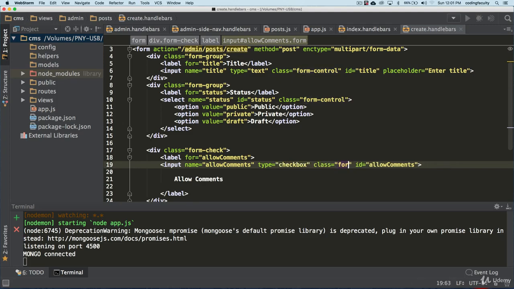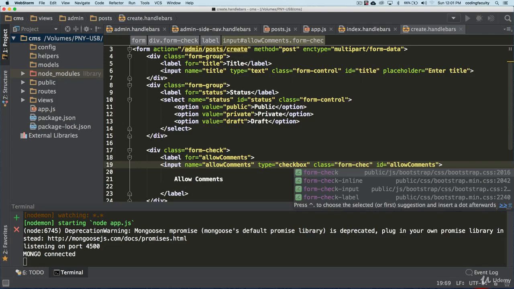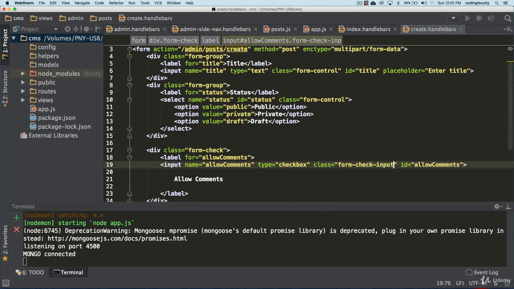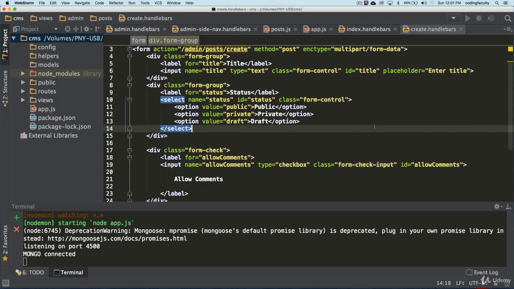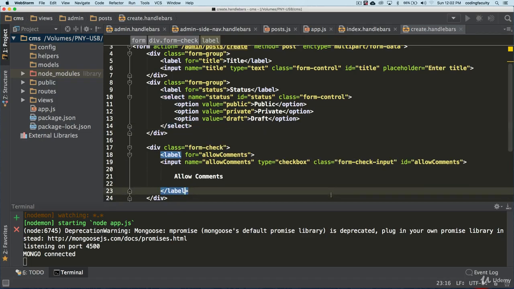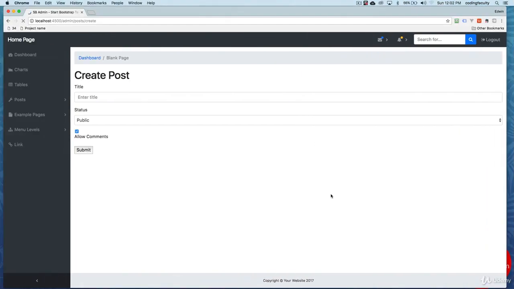Instead of form-control, we can just name this form-check-input. I think that should do it. Let's see if that makes it look better. Refresh. All right, that makes this here, but